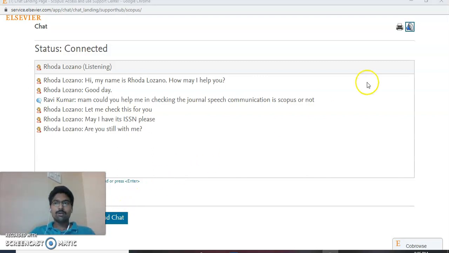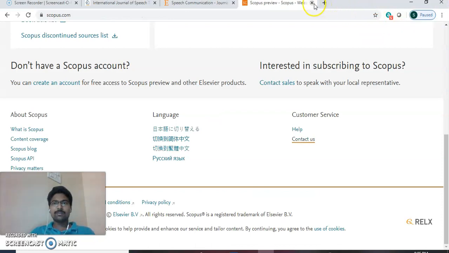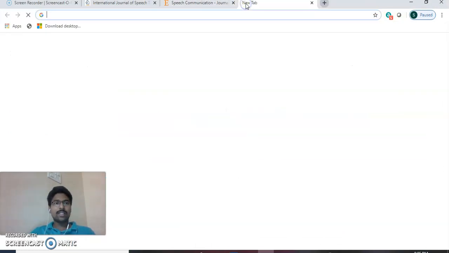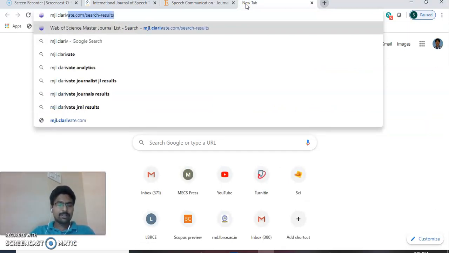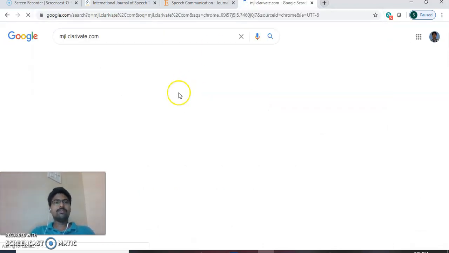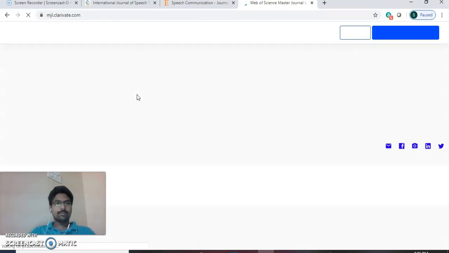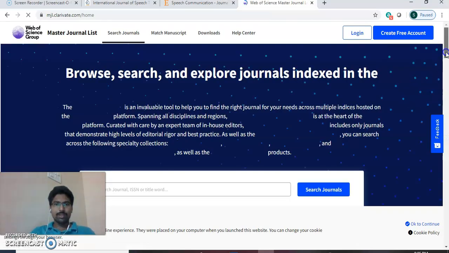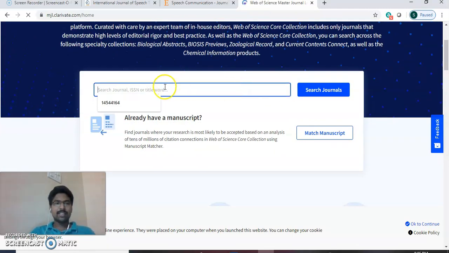Now we will see how to know whether the journal is SCI indexed or not. For that, the site is mjl.clarivate.com, the Web of Science Master Journal List. Here we can type the journal name or ISSN.